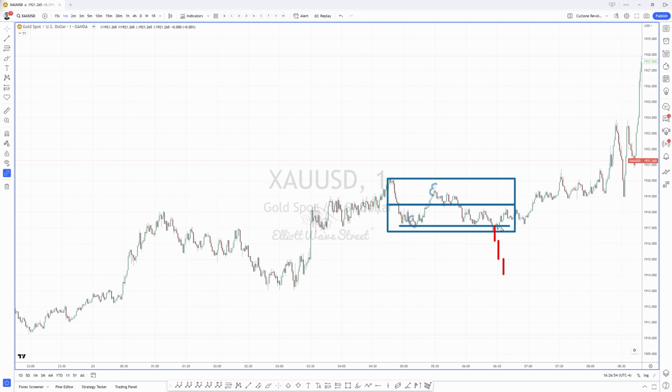So you can see the rejection, especially after this green candle, the green candle that was able to close above this area. It is a key candle, because it's showing that the big guy is adding demand, is reducing supply at the low side of the box. So you have to buy it there.